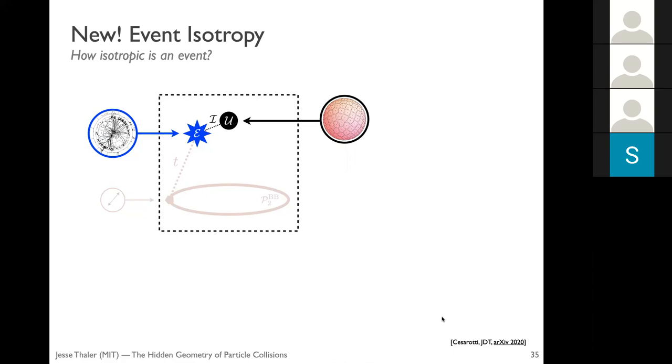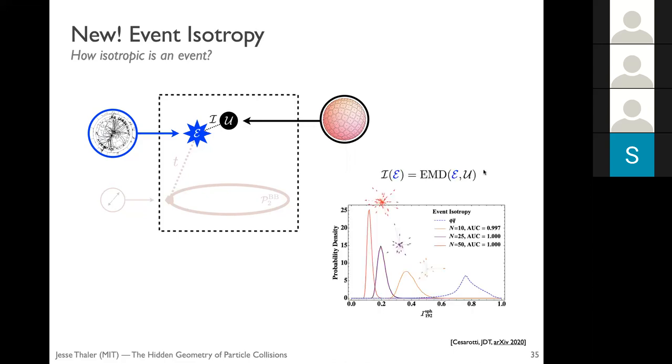And this is work that I did with Cari Cesarotti, who's at Harvard, and we defined this distance to uniform. And it's kind of cool. It's something that you can define just as the EMD to the uniform configuration. And what you see is that this is an observable that has huge dynamic range in its ability to distinguish different levels of uniformity. So here I have a histogram estimating this event isotropy